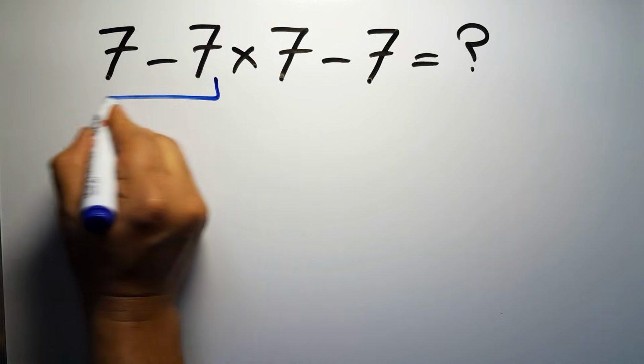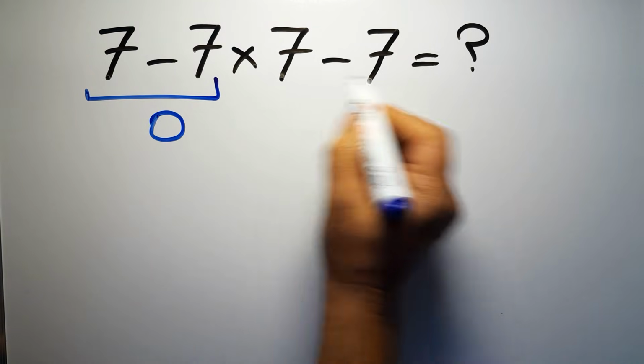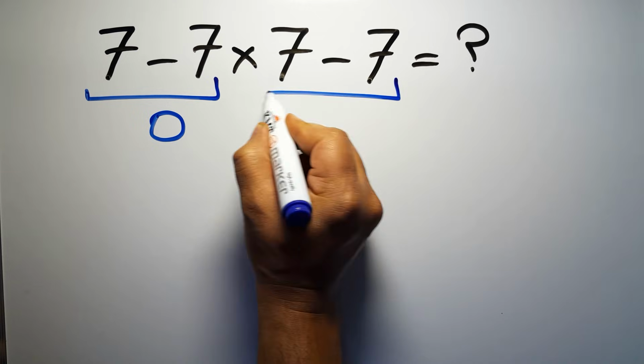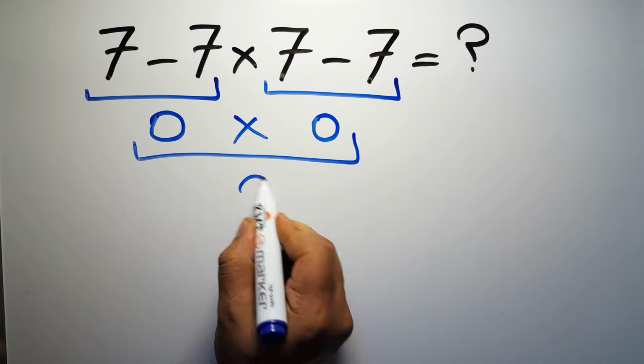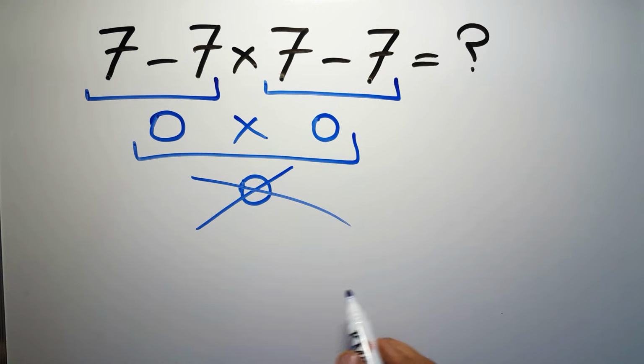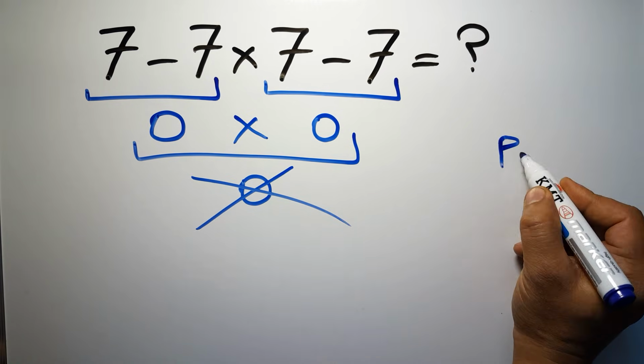7 minus 7 equals 0. And again here we have 7 minus 7. So 0 times 0 is just 0. But this answer is not correct, because according to the order of operations, first we have to do parentheses, then